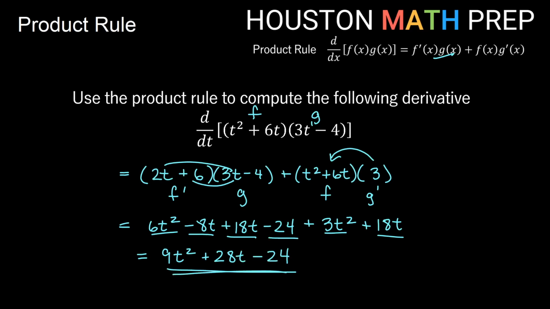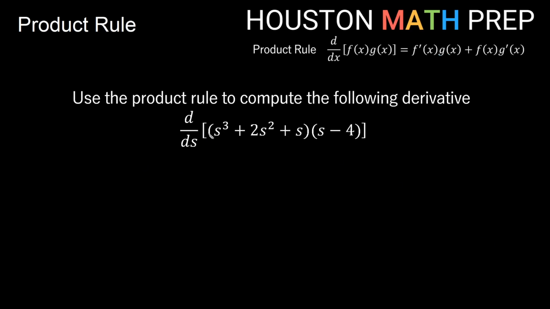and that is our derivative of this using the product rule. Looking at our next one, now we have functions of s multiplying together, so we have s cubed plus 2s squared plus s times the quantity s minus 4. This is a product rule, function of s times another function of s, taking the derivative with respect to s,